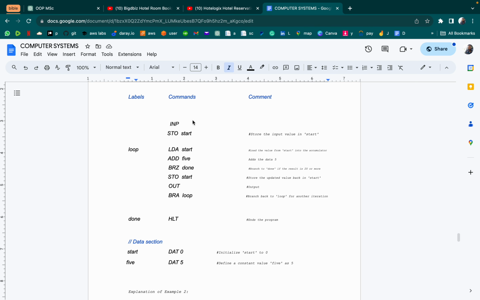So how do we explain this? This is the input, so it means the user inputs a number. Let's say the number is 2. What does STO start mean? We are storing that inputted number 2 into a variable called start. How do we know start is a variable? It's defined in the data section. Variables are defined in the data section. The variable is